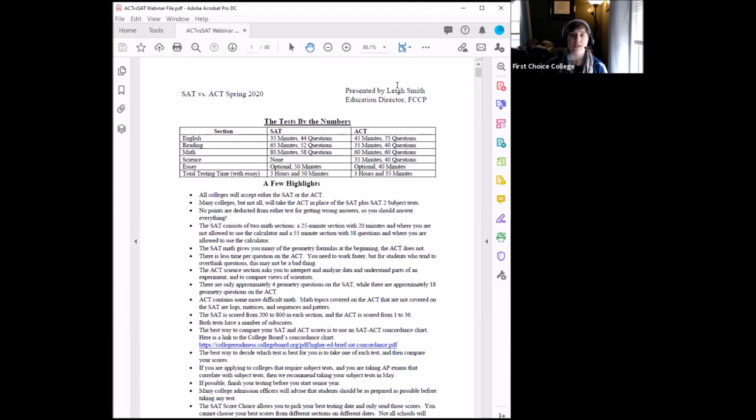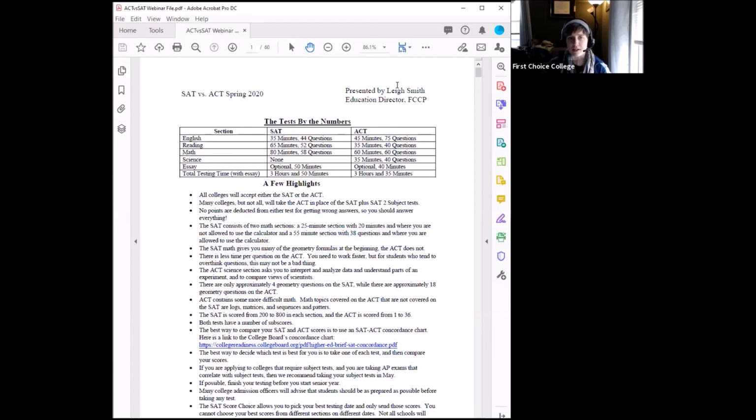So the things that they changed actually made the test look more like the ACT. One of the things we notice is that a lot of the question types have more similarities to the ACT. The structure, which we'll talk about in the test by the numbers, the structure of the SAT more closely mimics what the ACT was. There are a lot of little features that they really adapted. Because of that, the two tests are now closer to each other, which means the reality is that there's not an easy answer to which one is objectively easier.